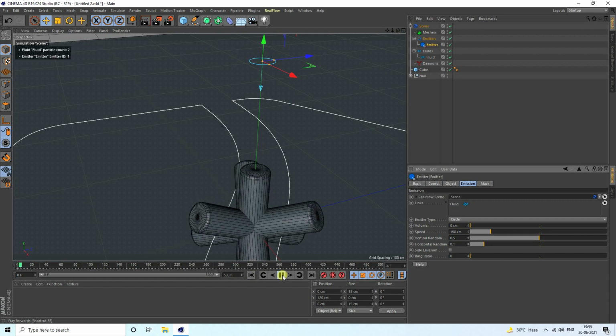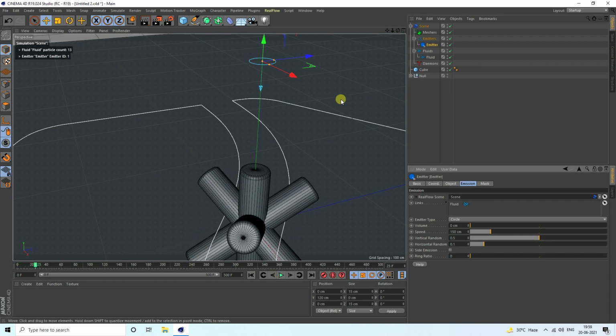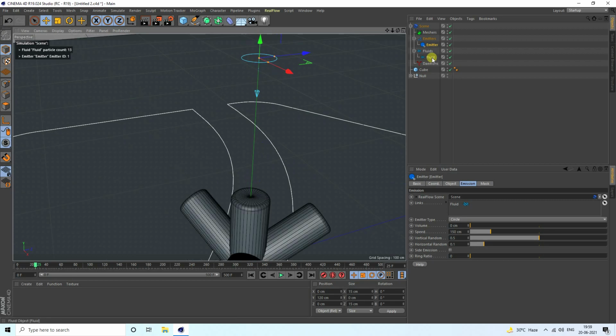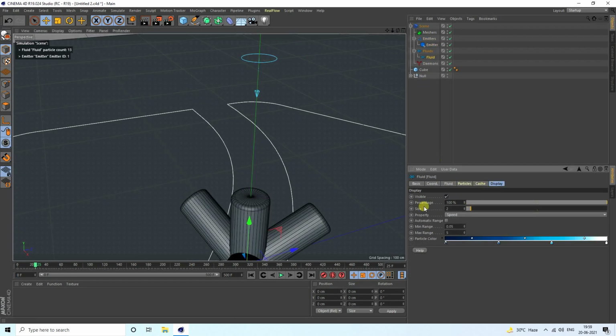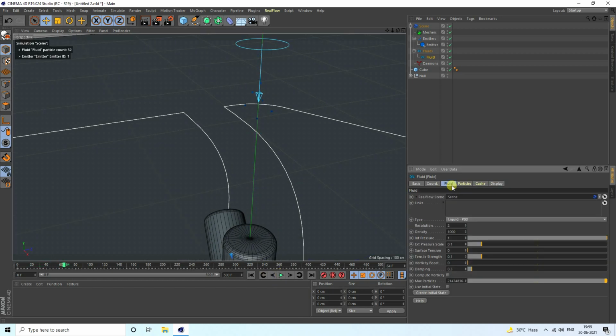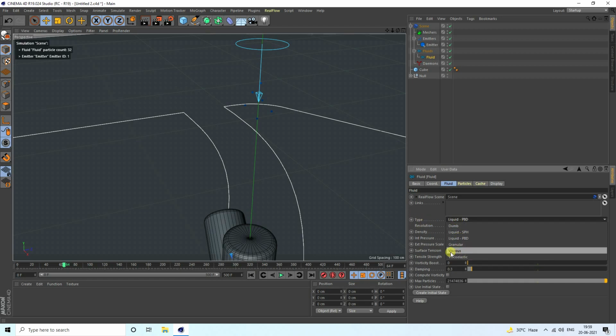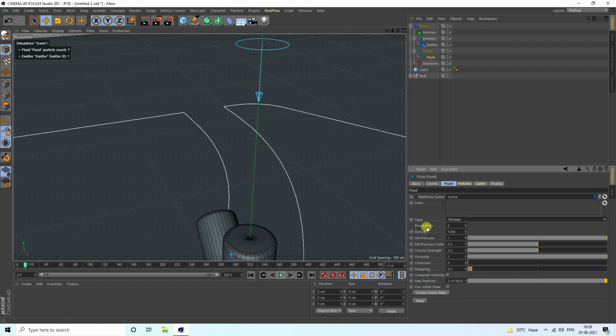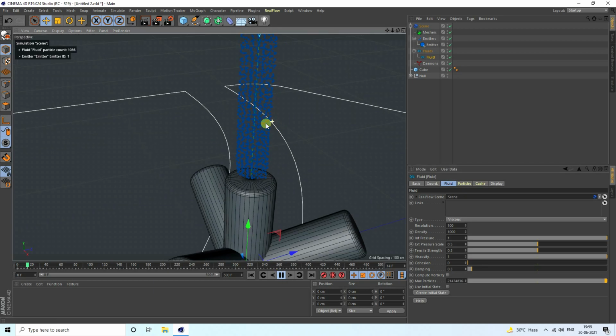So go to animation here, guys, decrease the speed a little bit, I like 150. Yeah, and play. Okay, so now guys, I go here to flood, this one, and increase the display size like this. Yes, right. Okay, so guys, I also change this flood type. Go here to type, guys, this time I use this one. Yes, and go back and play. Yes, guys, increase the resolution to 100. Yeah, and play again. Yes, see guys, that's my effect, right?